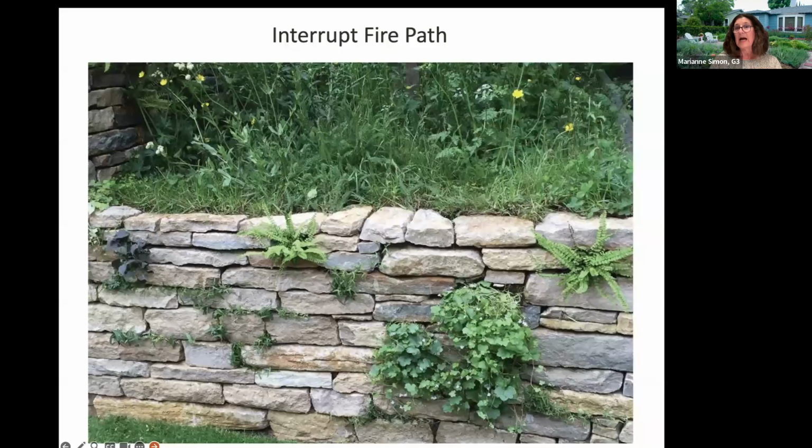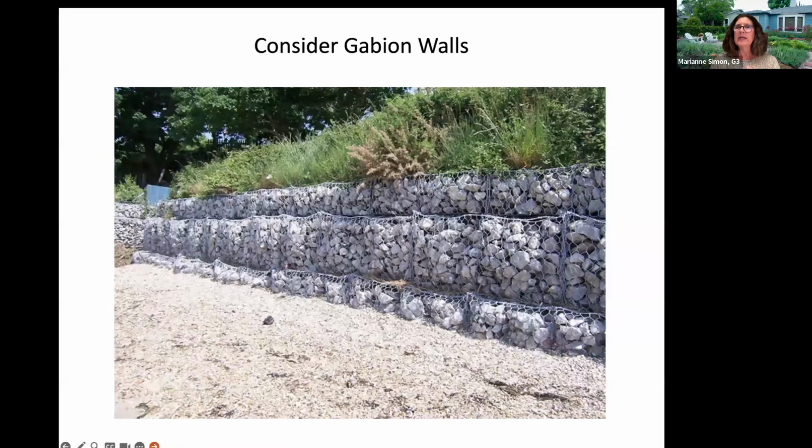Now that one was a stacked stone. You can create the same thing with gabion walls. Gabion walls are a combination of some sort of, not a chain link, but a mesh, or it could be chain link, but basically some sort of, what's the word I'm looking for? So you've got stone and you've got the metal that helps keep that in place. And the words escape me, but we'll come back to that afterwards.